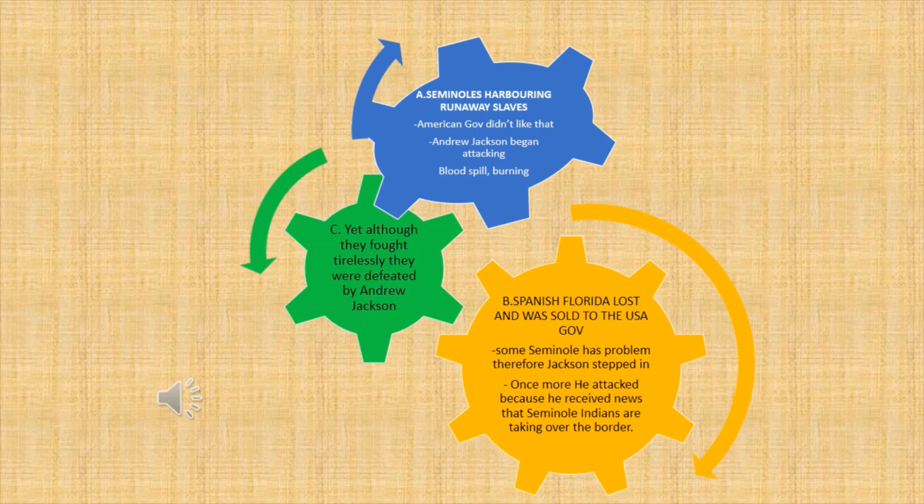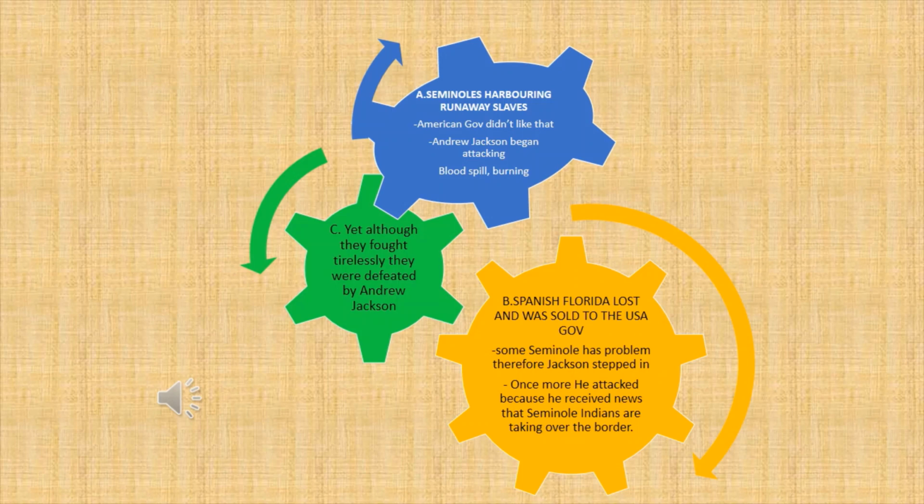Okay. So when they start losing slaves like this, they sent Andrew Jackson to attack this village. They want to bring it down so that this village will never accept runaway slaves. So what he did is he set up a troop of 3,000 and attacked the Seminoles. That means he attacked the village, killing and burning some of their villages. There were blood spills all over. As you can see in the notes, blood spill and burning.